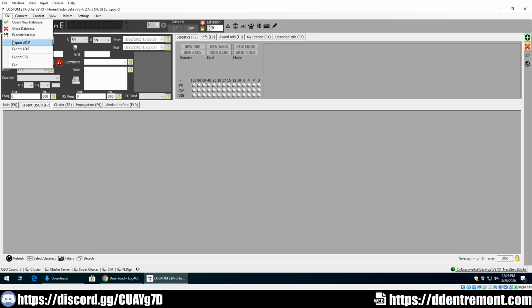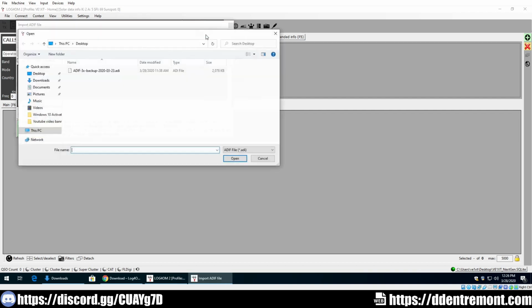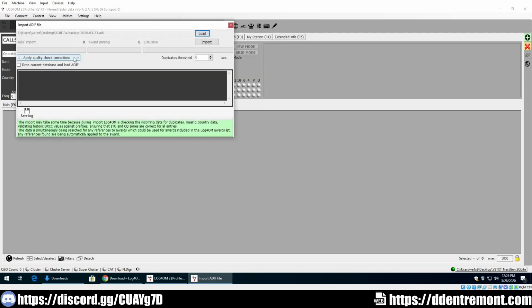So we go to File, Import ADIF. Now, for me, I'm going to do Load, and I'm going to import this. It's a 2 megabyte file. For example, I don't know the entire process that it goes through or where it actually checks, but it does check some of these QSOs to make sure that, I believe, for things like DXCC entities,